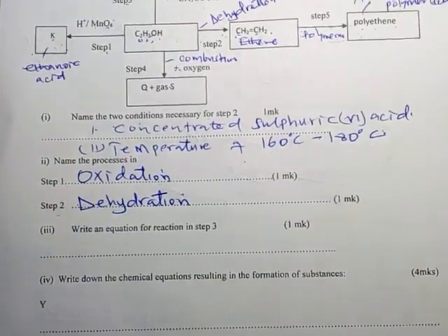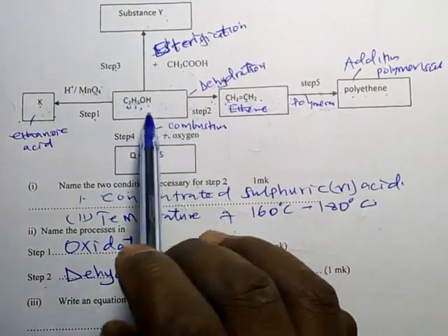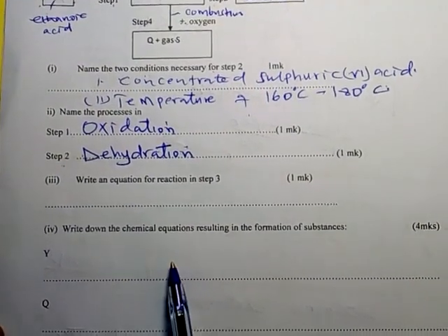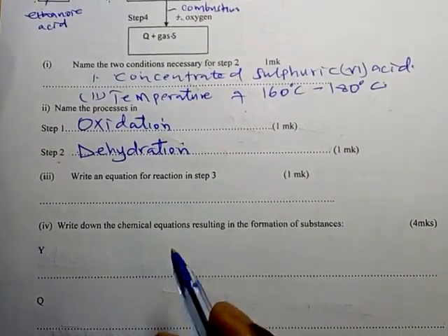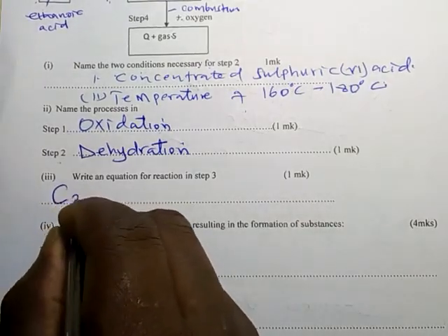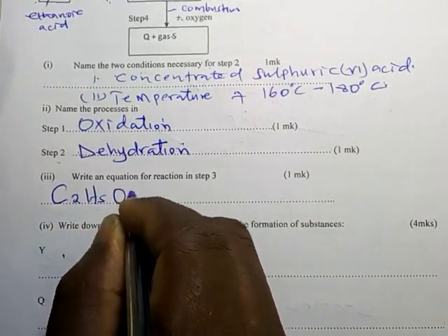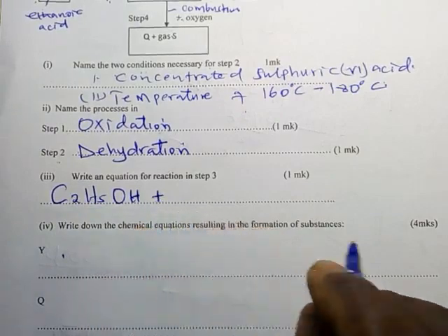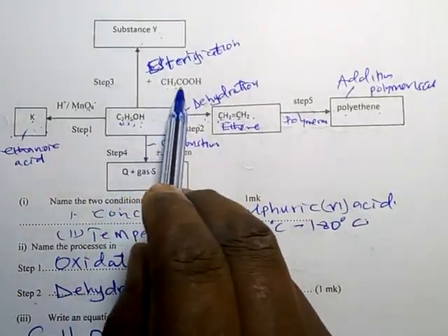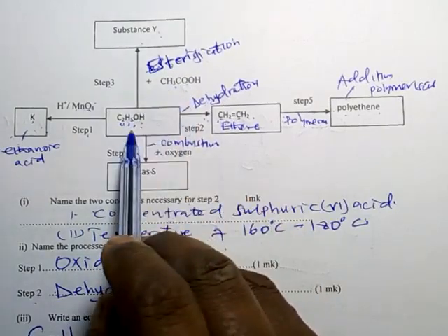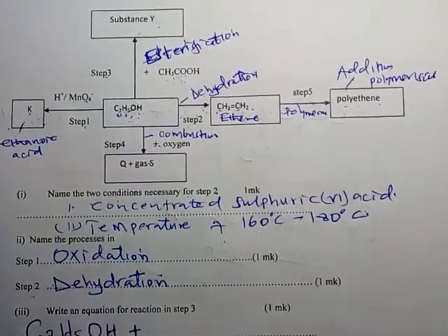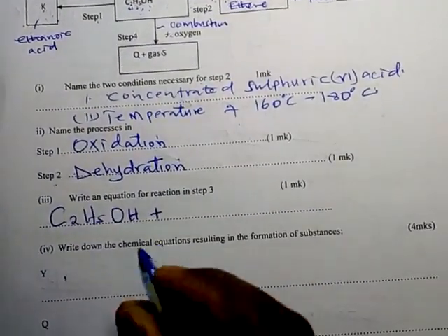removing of water. That's what it means. Write equation for step 3. Step 3 is esterification. So we write the equation of esterification, that is step 2, that is C2 ethanol, which is reacting with ethanoic acid. Ethanol plus ethanoic acid, we are going to form ethyl ethanoate. So plus